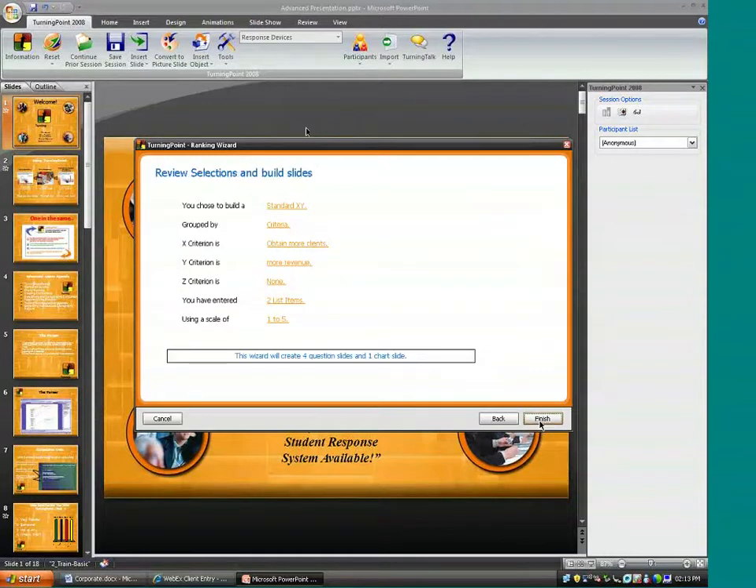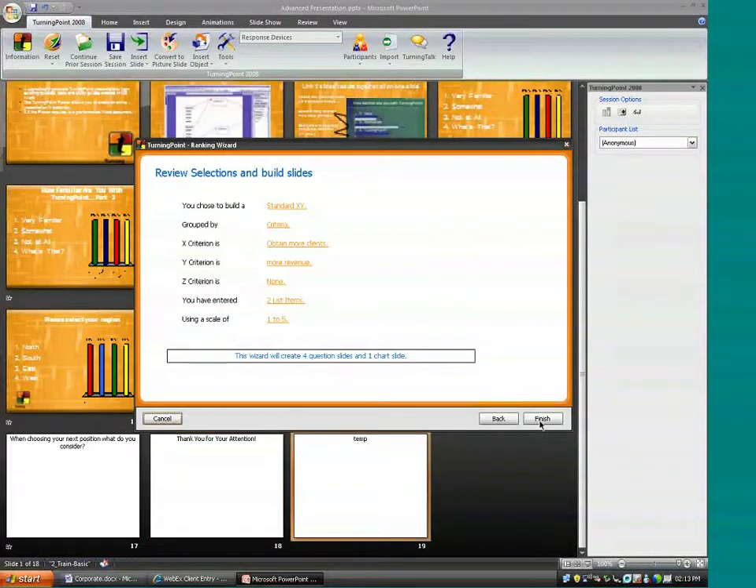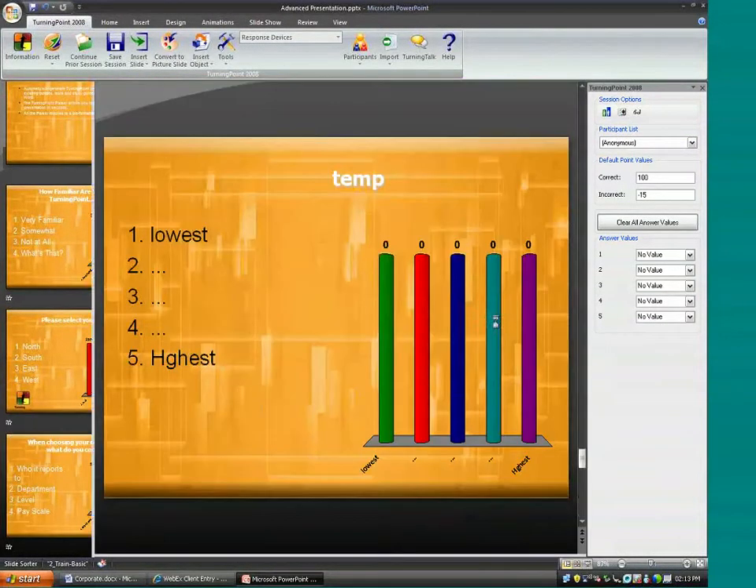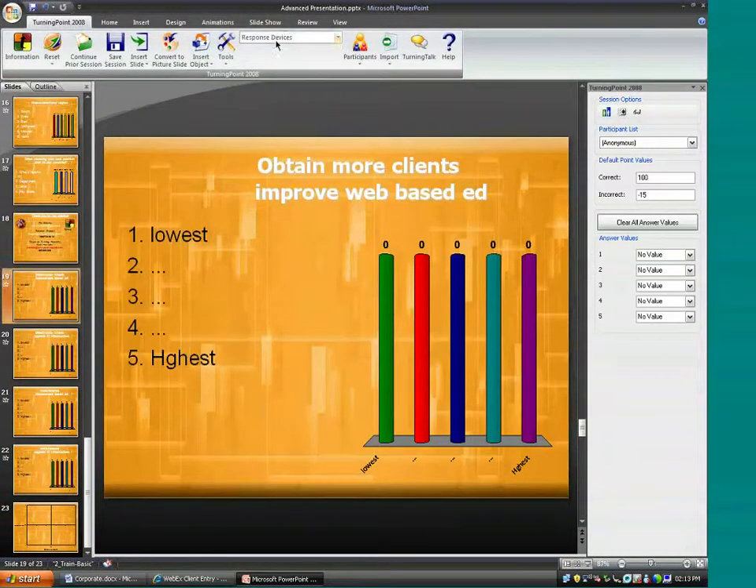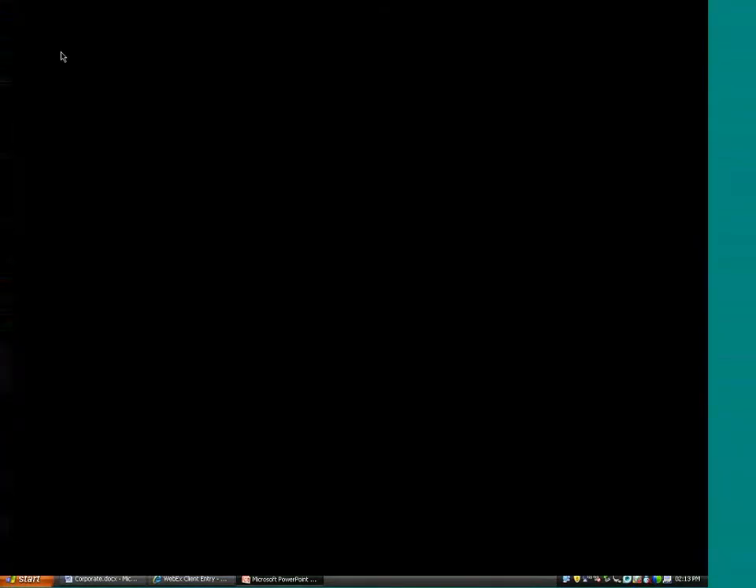Click Next. It's wanting me to review my selections. And when I click Finish, it's going to build my slides into this presentation. All right, now I have my slides in that presentation. Let's pop it over here on simulated data, and let's see what the outcome is going to be. So if we're running through this,